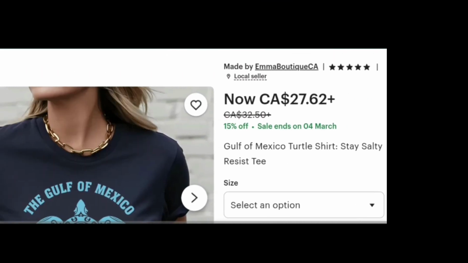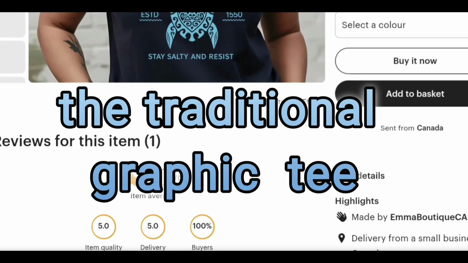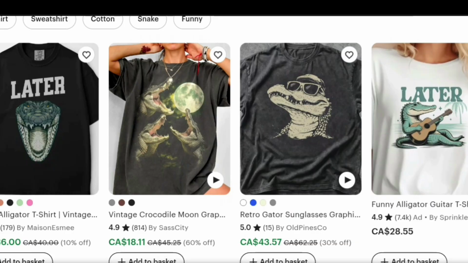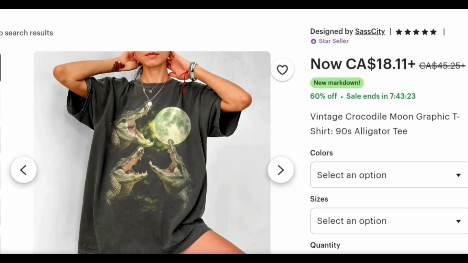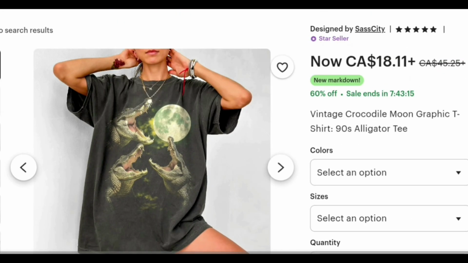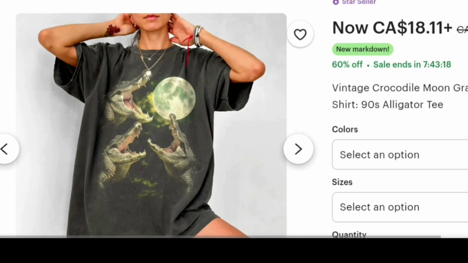Ready for it? The next big thing is the traditional graphic tee. The focal point here is a bold central image. For example, I found a vintage crocodile moon graphic t-shirt. This alligator tee has thousands of sales, with Etsy verifying it moves over 67 units a month. Since the idea of the graphic isn't trademark protected and there are already multiple successful versions, we're safe to create